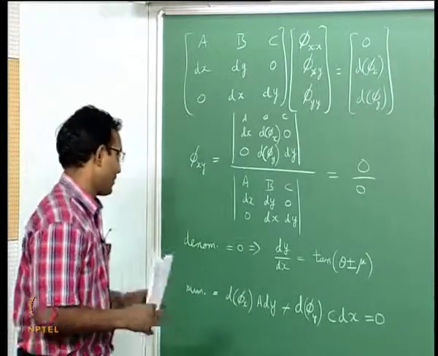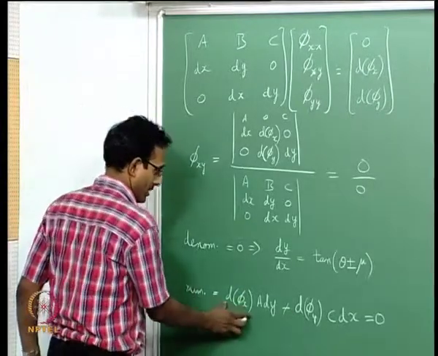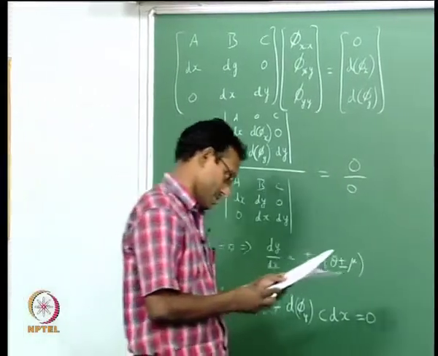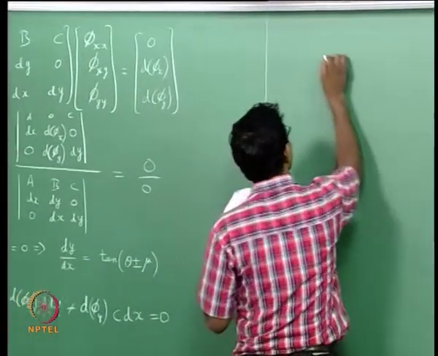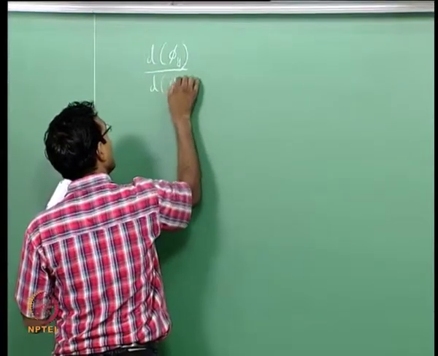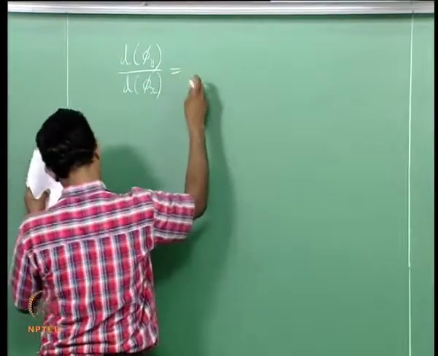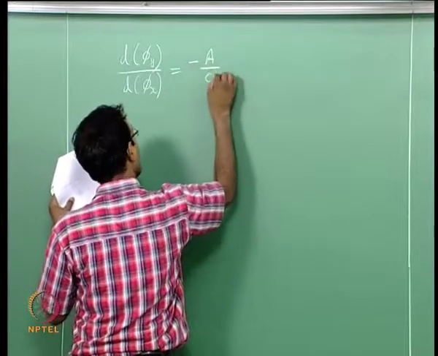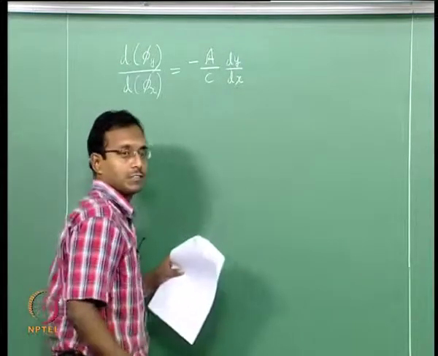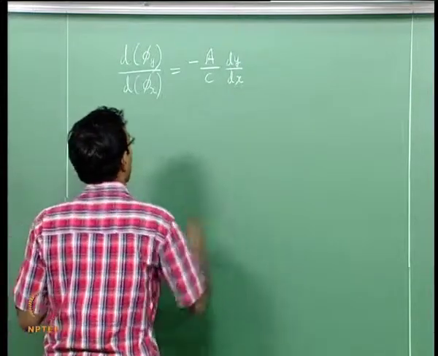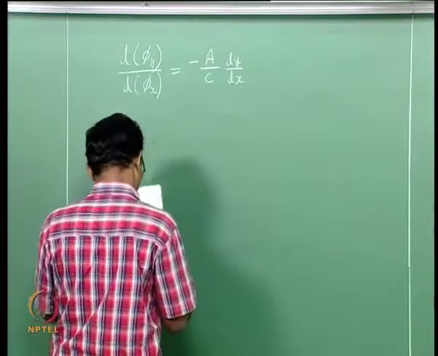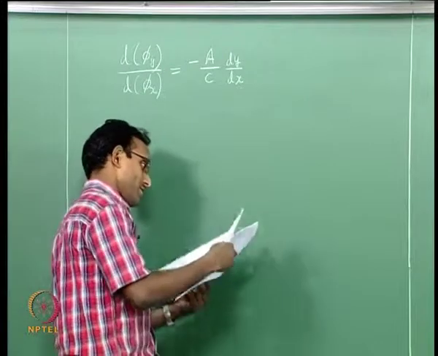Now we will simplify this a little bit. We will rearrange it such that d phi x and d phi y terms are on one side and dy and dx terms are on the other side. If we do that, we will get to a form d phi y by d phi x is equal to minus a by c dy by dx. Okay. Now we remember our a and c from our original differential equation. You can go and substitute it back in terms of u and v. Okay.